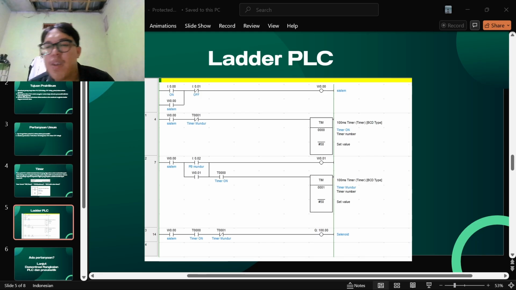When the stop button is pressed, the lamp does not turn off right away. Instead, the timer starts counting and the lamp remains on for 5 seconds. After 5 seconds, the lamp turns off automatically.